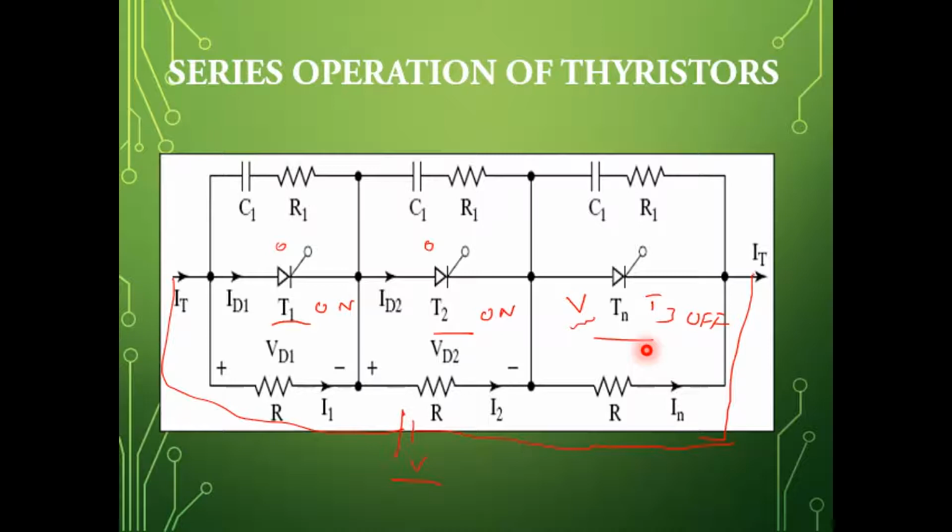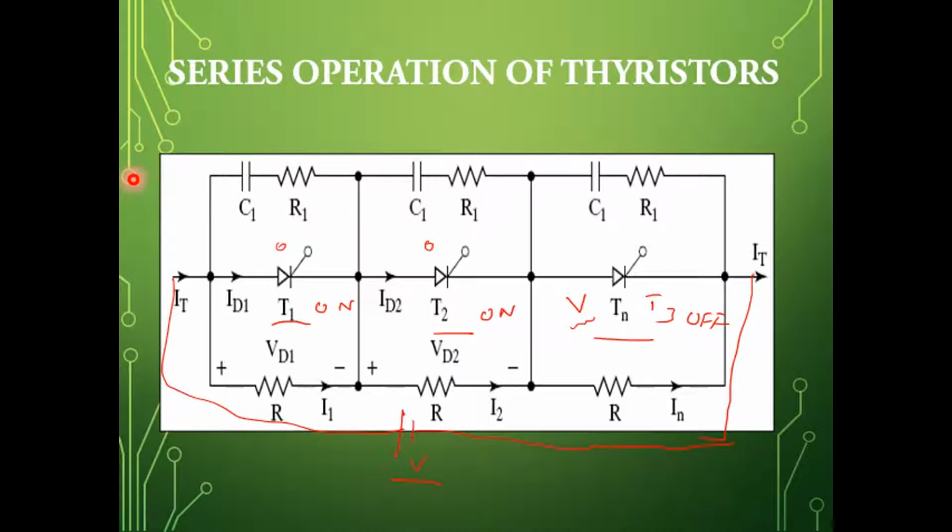Next, we need to protect the thyristors against the increase in current and increase in voltage. For that purpose, we have the resistors and the capacitor, that is, we need to have a snubber across the thyristor. You can observe here you have a snubber, that is C1 along with R1, which limits the change in the voltage.